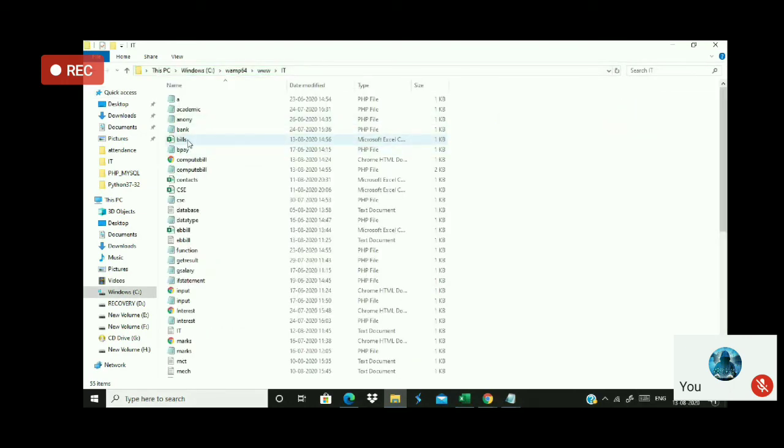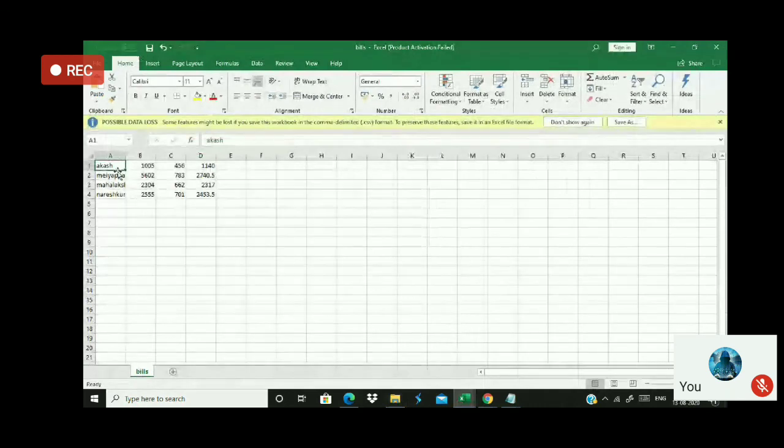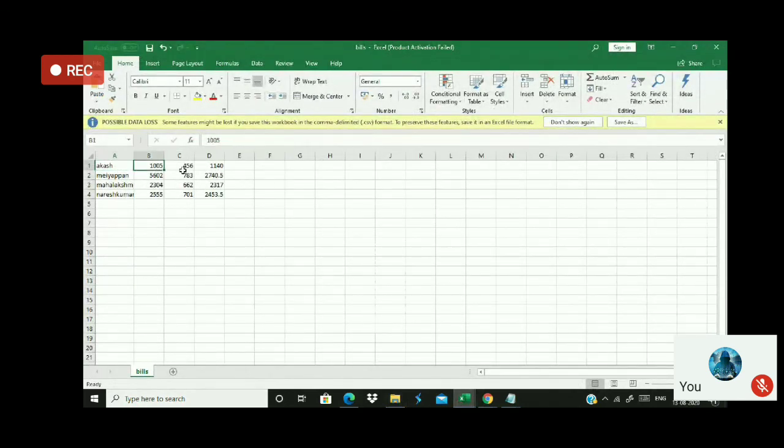You can see there is a file called bills.csv with the 4 records. First Akash's data is stored, then Mayappan's billing amount, Mahalakshmi's and Naresh Kumar's. Now I can use this file as a database to extract the corresponding service number and billing amount.